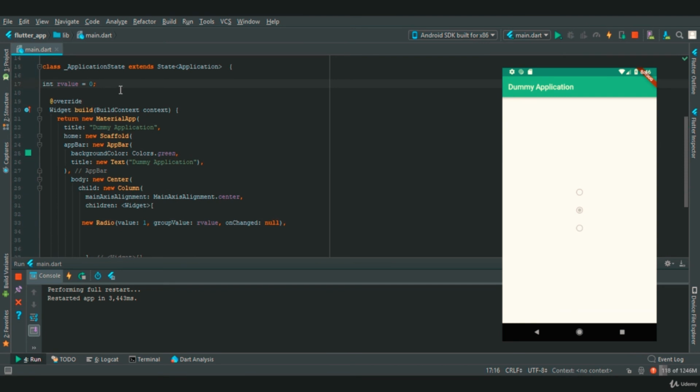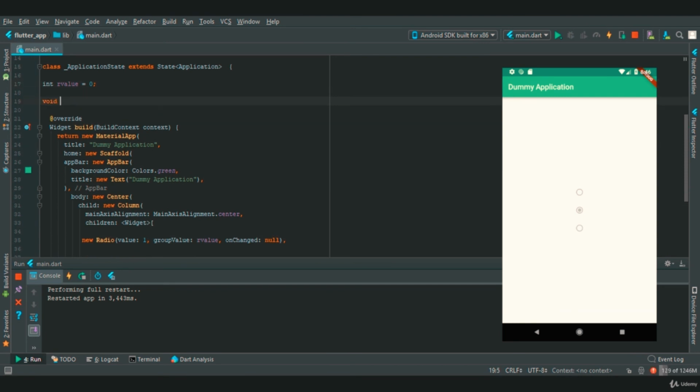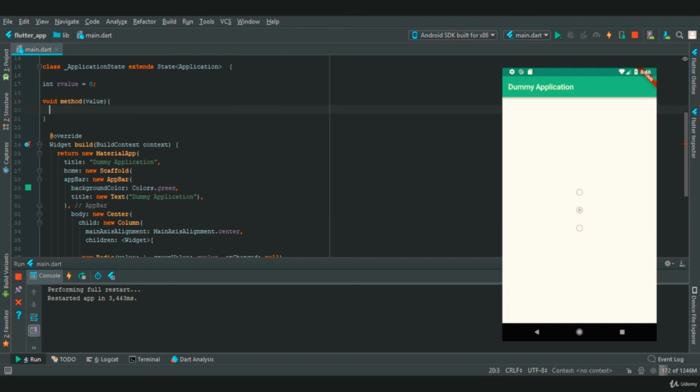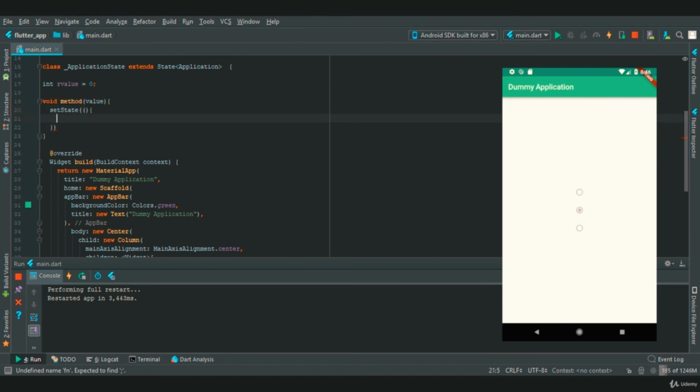Now let's create a method, void method1, which will have a parameter, let's say value. In this we will create a setState. That setState will have a function. In this, what we want is, we want the changed value of the radio button to be set to rvalue. So rvalue is equal to value.